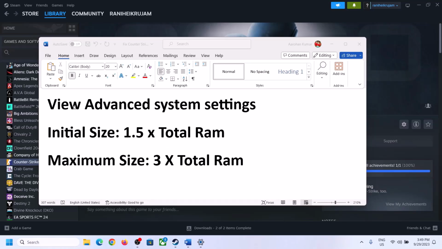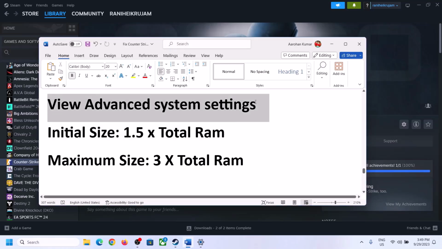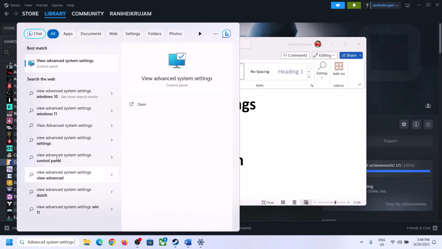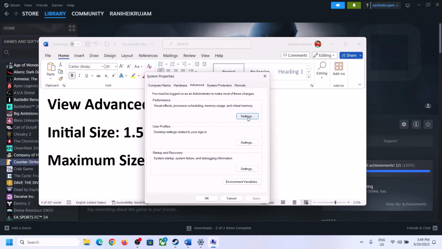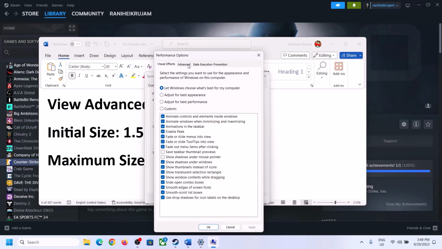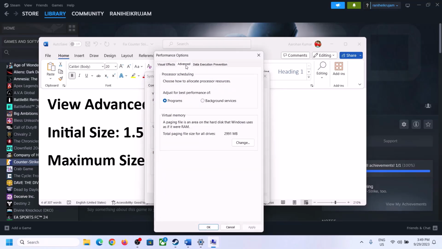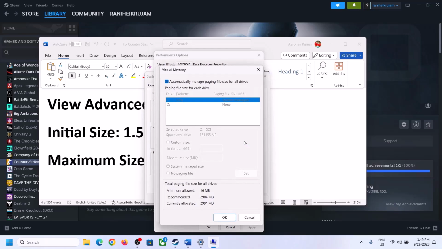If that does not work, increase the virtual memory. So to increase the virtual memory, type in view advanced system settings in the Windows search box and then click on view advanced system settings and then click on the first settings and then go to the advanced tab and then click on change over here and then select the drive. So uncheck the box which says automatically manage paging file size for all drives. Uncheck this box and select the drive where the game is installed. So select the drive, and then once you select the right drive, now put a check on custom size, and